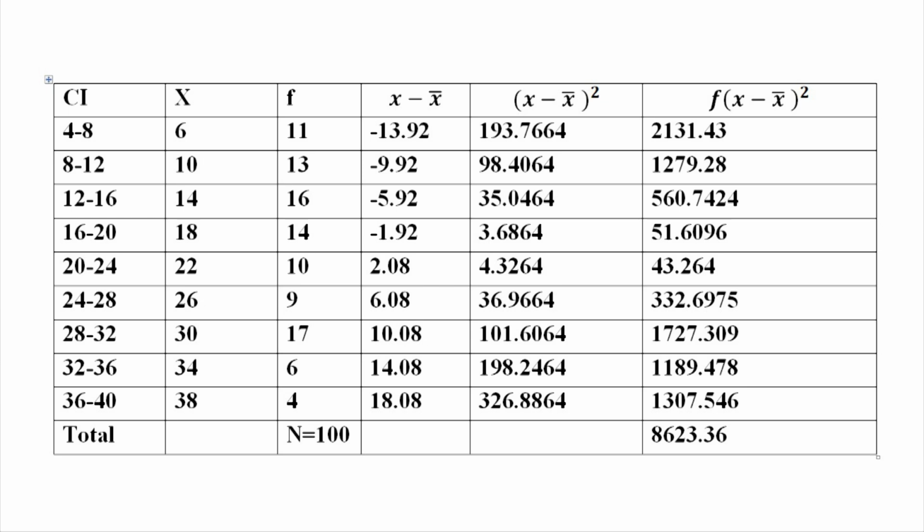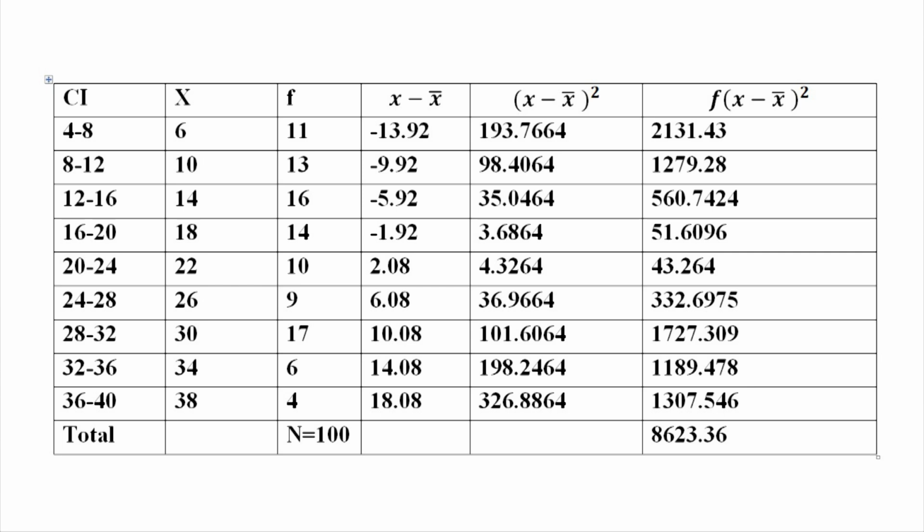As a first step, compute the deviations of the observations from the mean, and the values are minus 13.92, minus 9.92, minus 5.92, minus 1.92, 2.08, 6.08, 10.08, 14.08, 18.08, which are entered in column 4. Now, square these observations. The values are